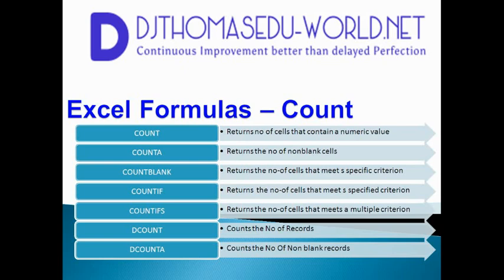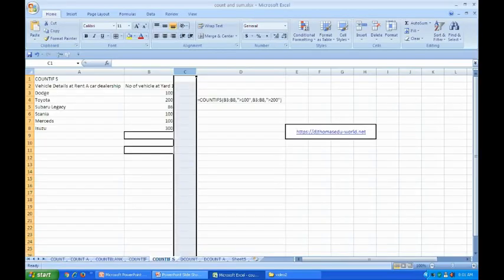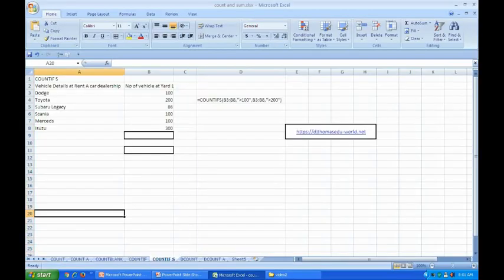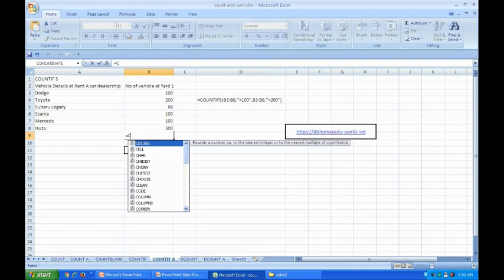That means it can take not only one argument, it can take more than one argument to count a given criteria. Let's see how the COUNTIFS function works in Excel. Here I have a data sheet. Enter SIM, vehicles details of rent a car dealership, and number of vehicles at yard. I will use the count formula equals COUNTIFS,